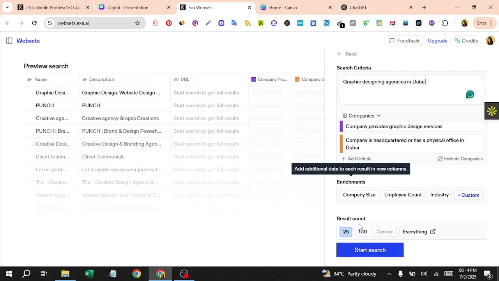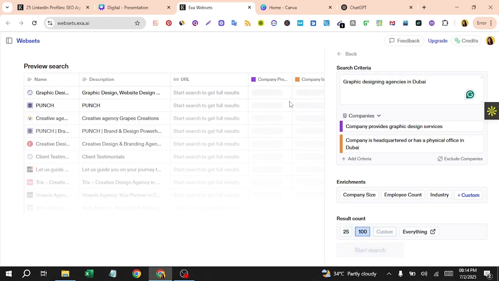Here you can see a few of the agencies' names. It takes a little bit of time and scrapes all the data from, I guess, Google, or it actually uses different search engines to find a lot of leads, companies and agencies.